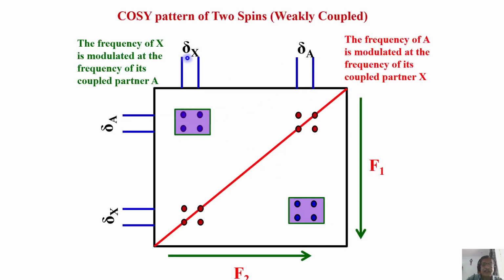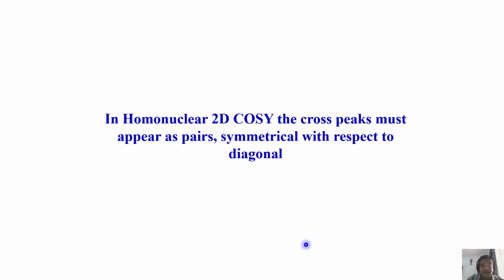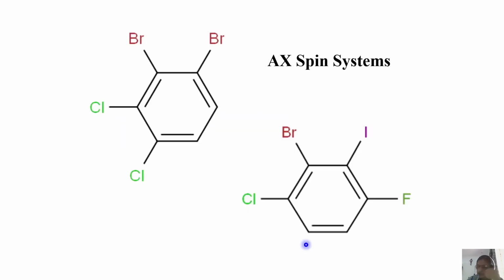If A gives a cross peak to X, X also has to give a cross peak at A, and it is symmetric with respect to the diagonal. You see, it has to be perfectly symmetric. This is one of the patterns for COSY. Please remember that it has to be symmetric with respect to the diagonal. So now with this,